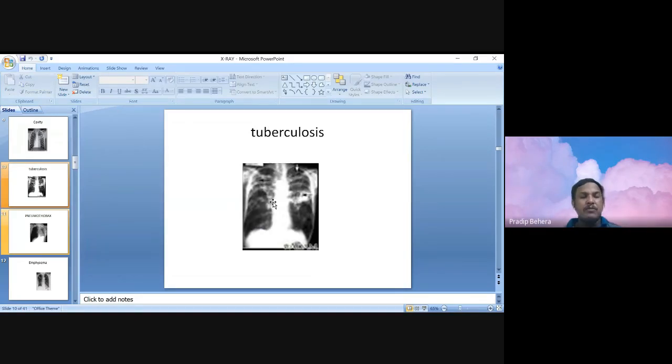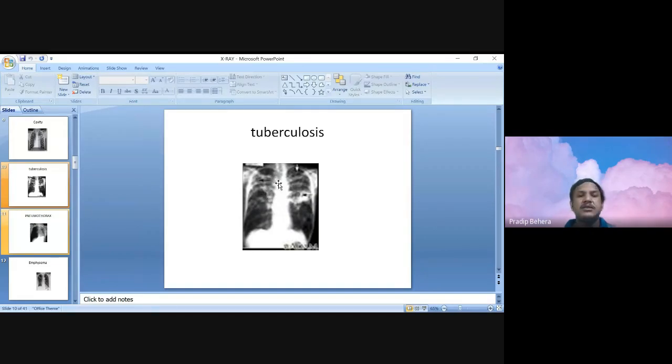So that can be identified. We have one slide of pneumothorax, so get yourself acquainted with some of the questions. What are the different types of pneumothorax? What is a tension pneumothorax, and how is it treated with water seal drainage and so on? So prepare accordingly. And tuberculosis is commonly given.